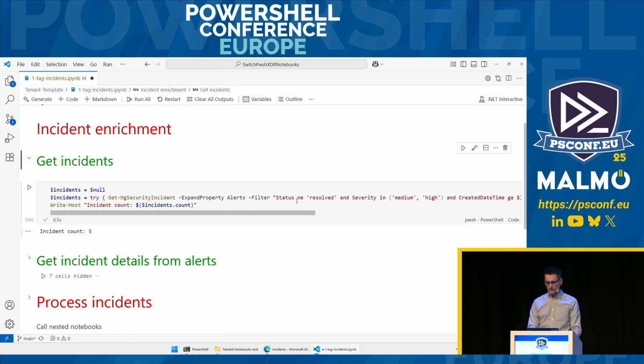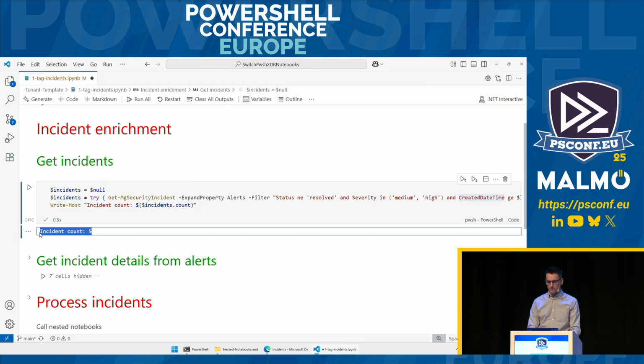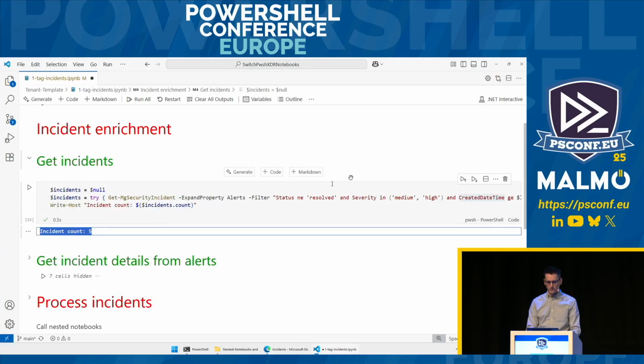So I'm getting incidents, I'm looking for not resolved, and I'm looking for medium or high severity created after that 180 days creation date, and I'm getting back 5, which is funny because if I look at Defender, I have 19, but that's a different situation. And from here,